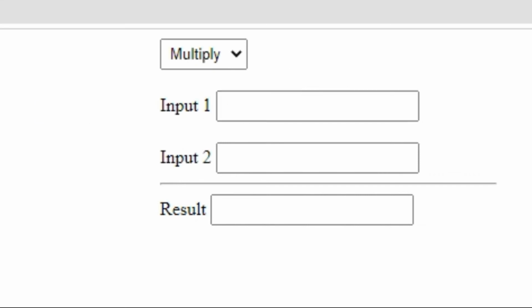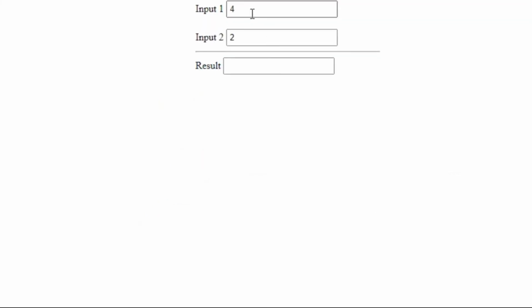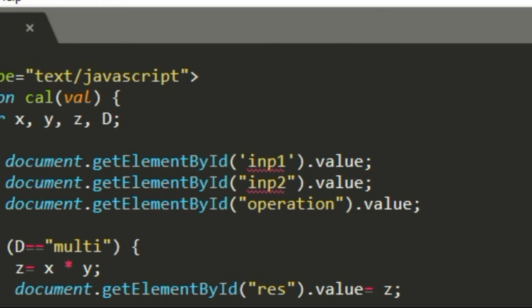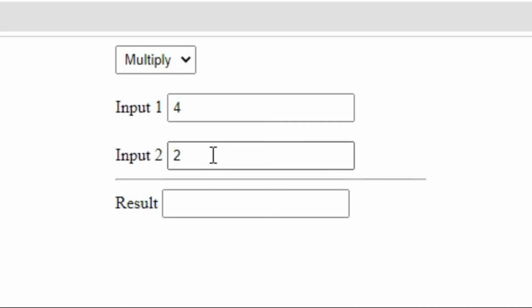So our form is looking like this. We'll put a value, say 4, here, and 2 in the second input field. Since we have not given any function on the input fields, these values are not updated automatically. I will cover that later. Now we will select the second option, so you see divide. Now it is dividing: the value of the first input field is divided by the second input value and the result is coming 2. Now if you select multiplication, you see again the result is coming properly like this.